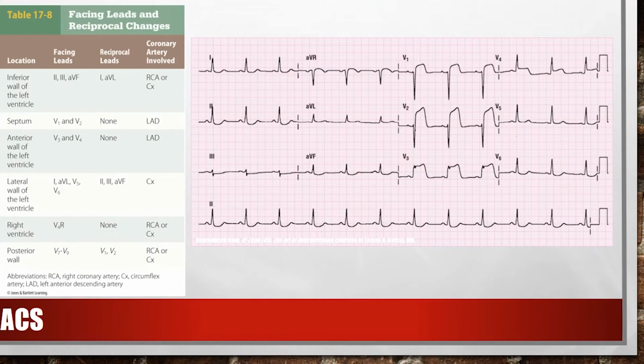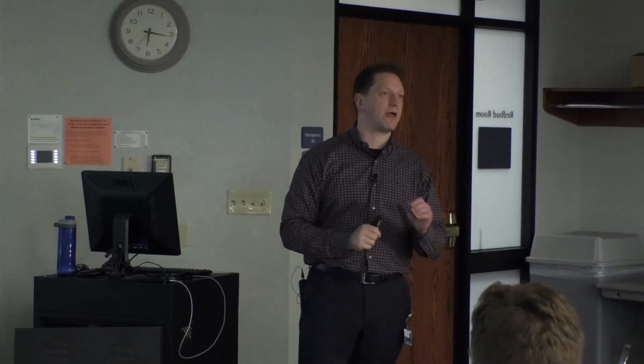So, right here, they're showing you some EKGs. This should be fairly obvious. With most heart attacks, the ST elevation should have reciprocal ST depression. This is another key differentiator between a heart attack and pericarditis. Pericarditis does not have reciprocal ST depression. Only heart attacks do. What you're seeing is the change on one side being reflected in the opposite change on the other side, okay?